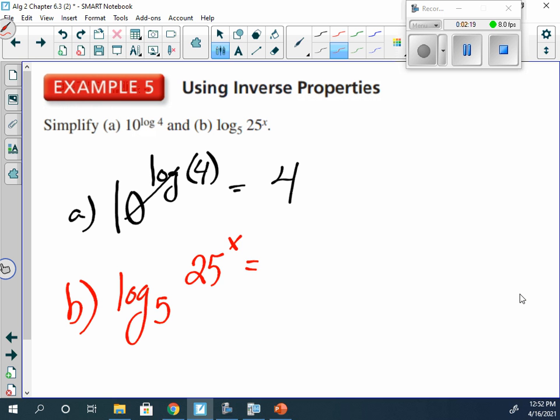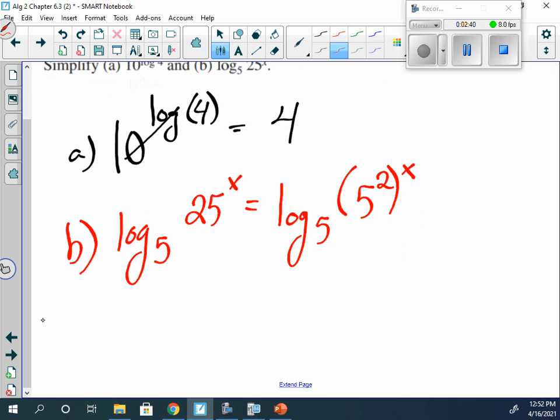Now, luckily, we can rewrite 25 as what? How can we rewrite 25 as a 5 to a power? It'd be 5 squared, because luckily 25 is 5 squared, which means you really have log base 5 of 5 to the 2x,